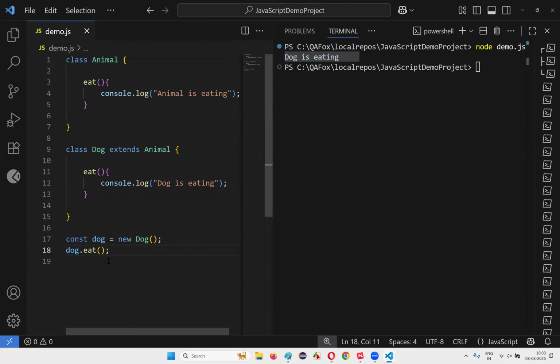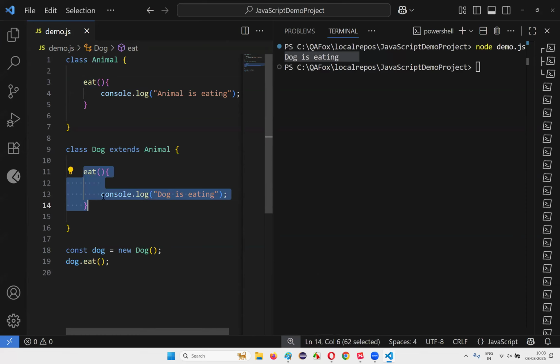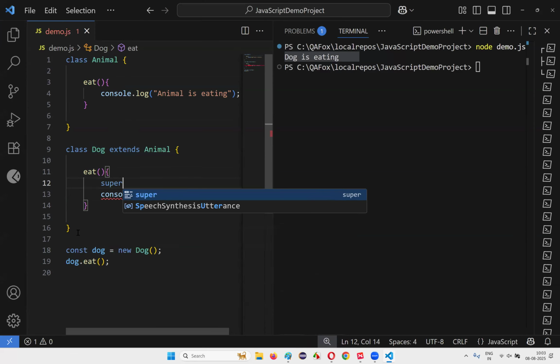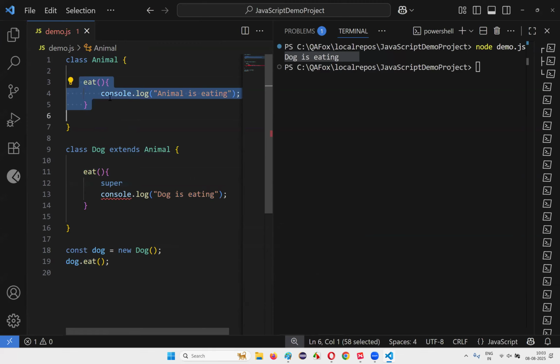This is all good. But when I call this overridden method using the object reference, the overridden method is being called, right? Now, when I call this overridden method, if I want to automatically call the parent class method also, and then this statement should run. So within the overridden method, if you want to call the parent class method from the method in the child class, here we have a keyword known as the super keyword, guys. When the method in the child class and the method in the parent class have the same name, and you want to call the method in the parent class,